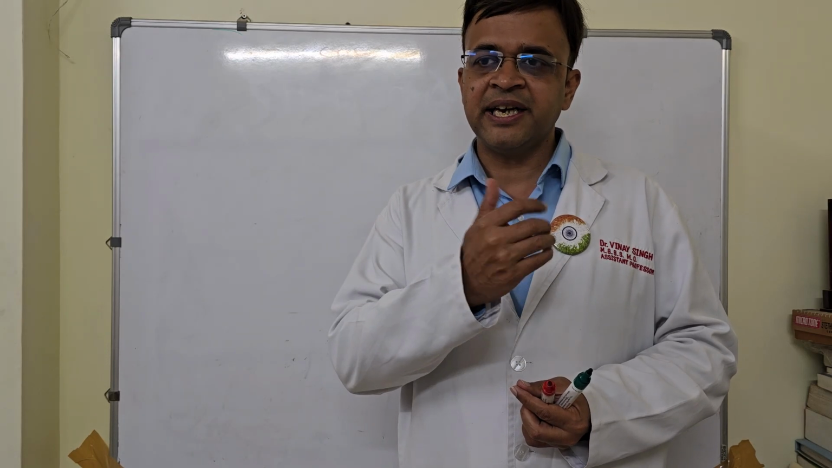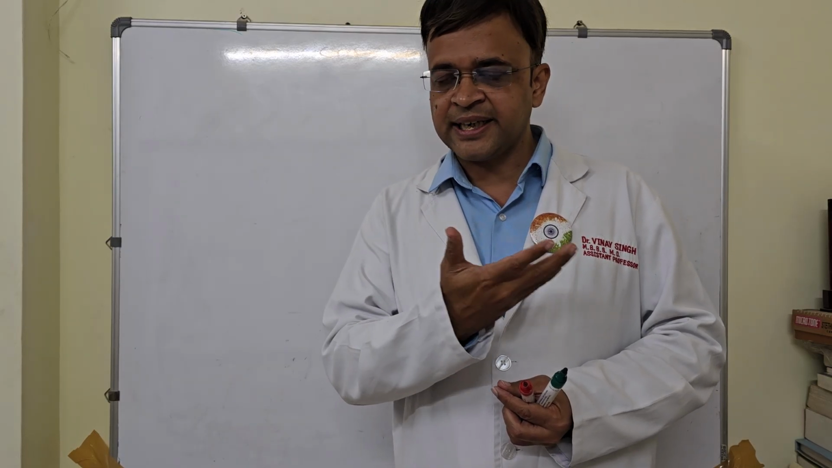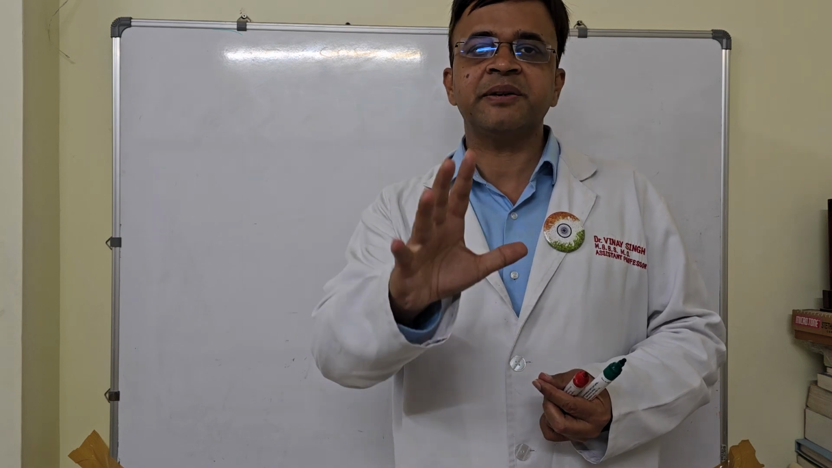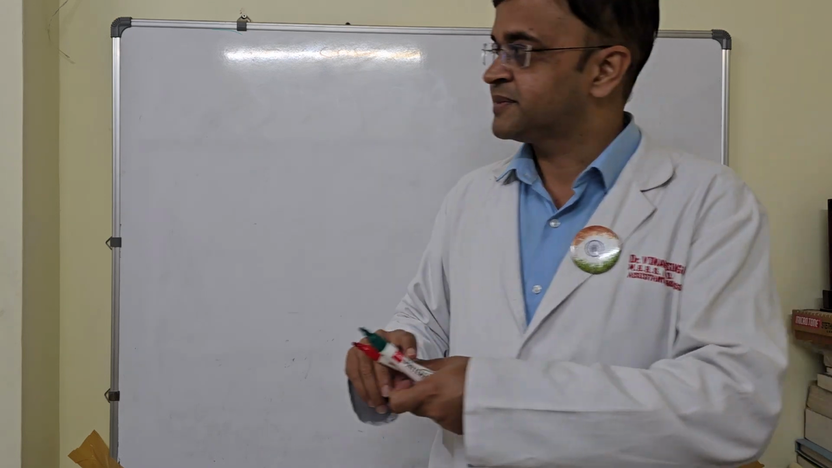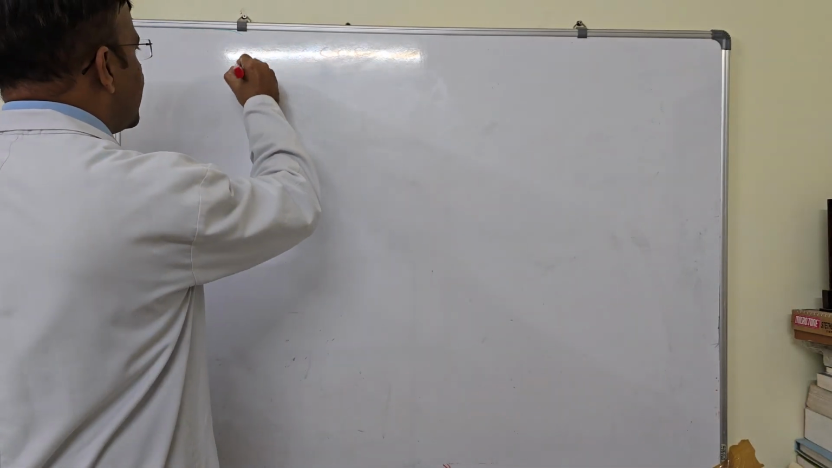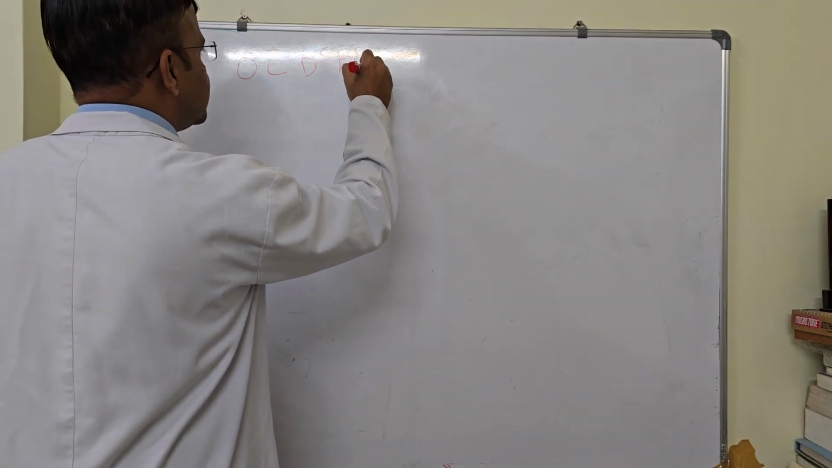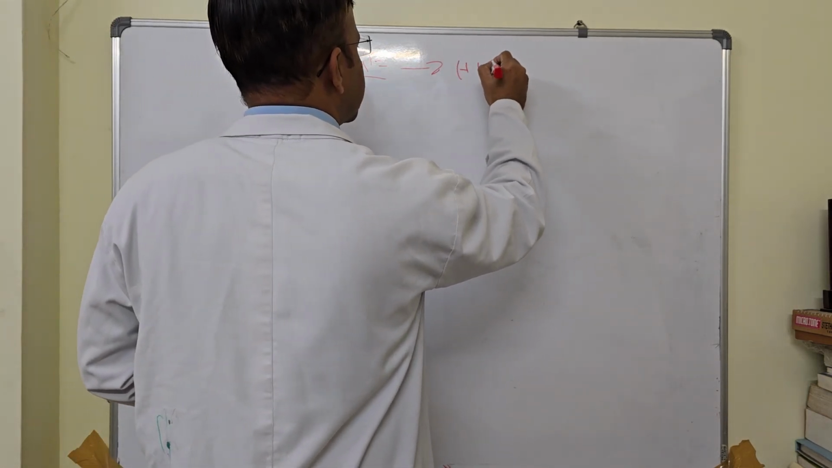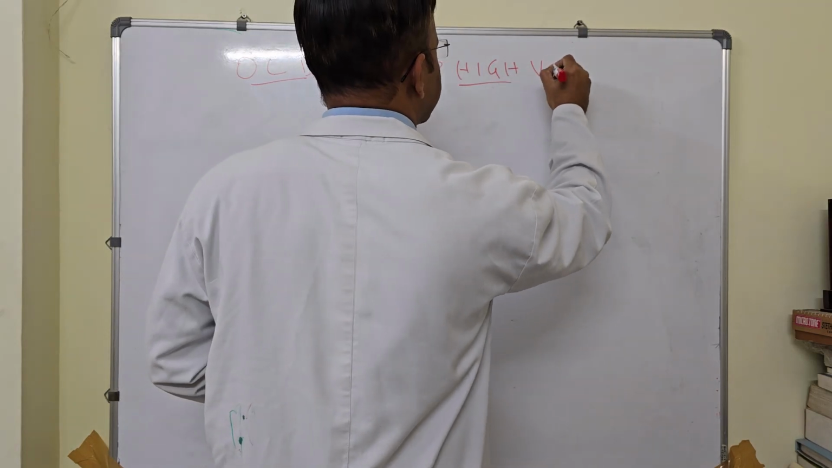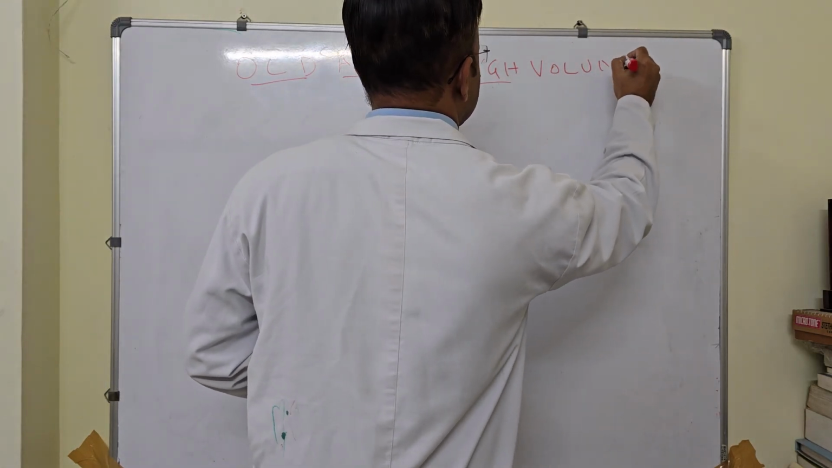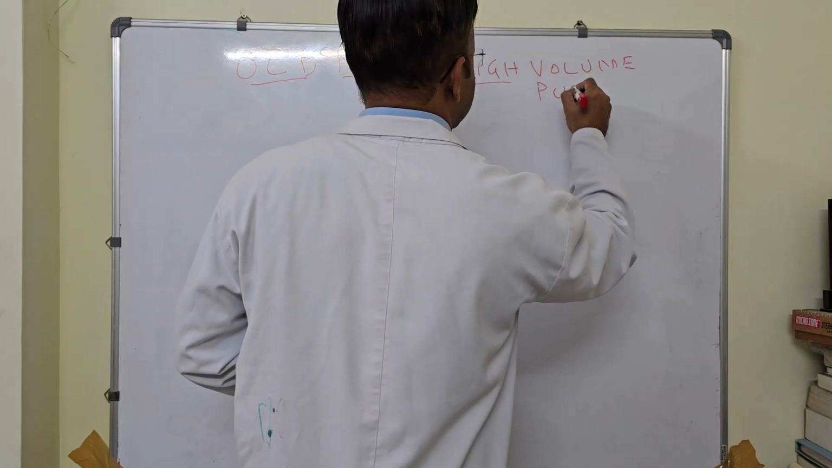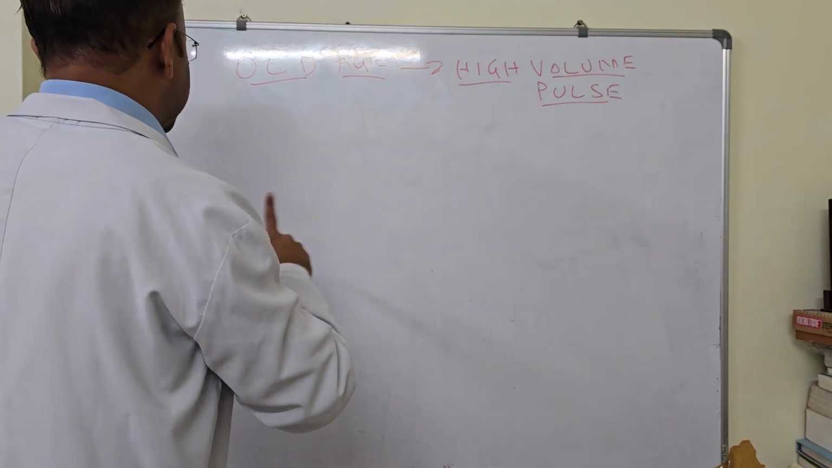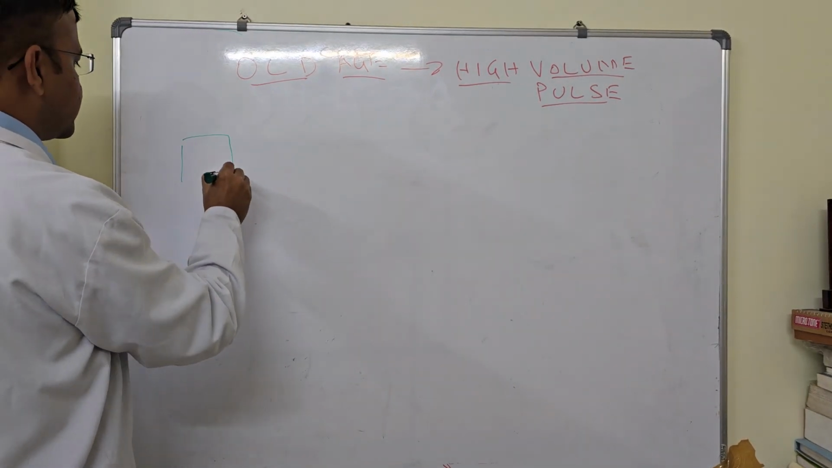an air pump which is connected to an iron pipe and a plastic pipe one by one. Let's see. So our question is, why in old age you get high volume pulse despite the reduced cardiac performance, right? So let's take the analogy of a motor,